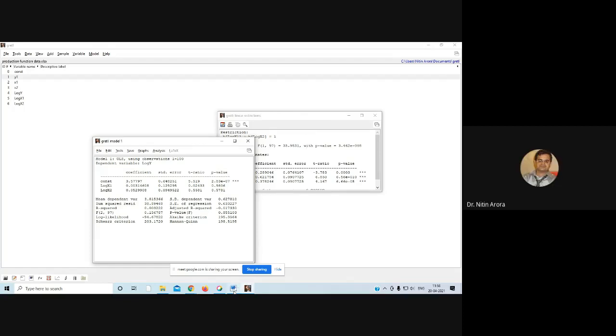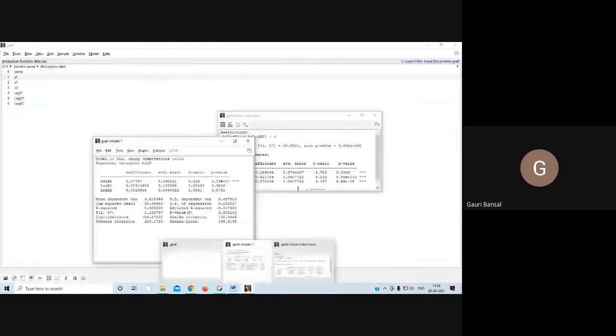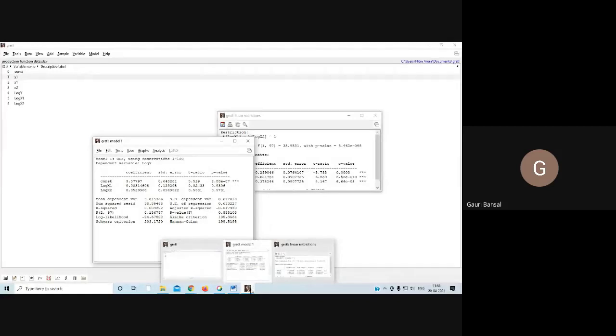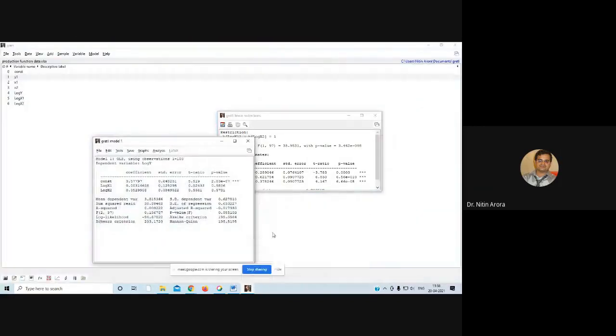Yes, child. Sir, to test what kind of returns the industry has, why didn't we directly check the sum of coefficients instead of going through the test of restriction? See, if we are testing sum of coefficients, that is a test equal to zero. Sum of two coefficients equal to zero doesn't have any meaning in production function. In production theory, sum of the two coefficients equal to unity means constant returns to scale.